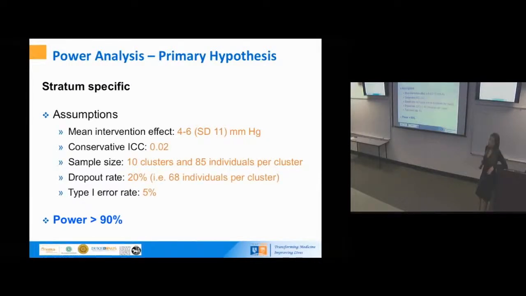And then we have a stratum effect specific. So this one is going to be all 3 countries together. Then we want to know, okay, let's do this analysis separately for Pakistan, separately for Sri Lanka, and separately for Bangladesh, because the countries will be very interested in what happens in my country, right? And we have, with the same assumptions and with the same dropout rate, and we know also if one of the clusters drop out, so we did all of that, we have about 90% power.